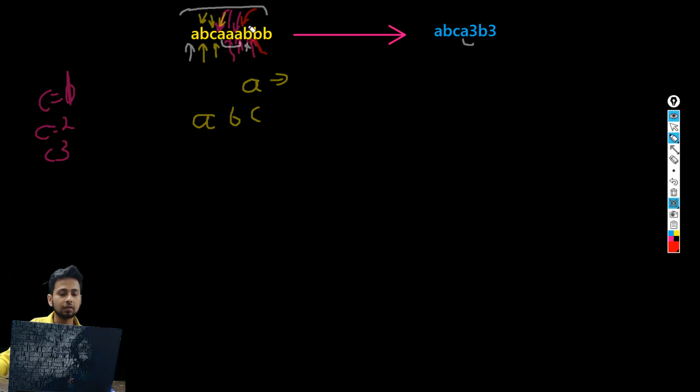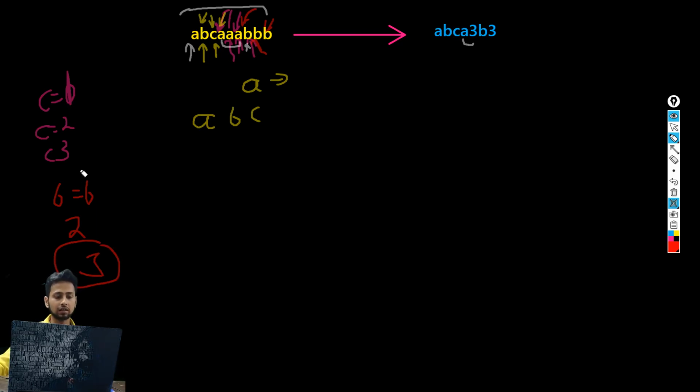So basically this B, we are going to check if this B is equal to B. Of course they are equal, then we increment our count, which is going to be 2. Then again we compare this first B to the very last B, are they both the same? Of course they are. Then we simply write 3. This is how this problem is solved.